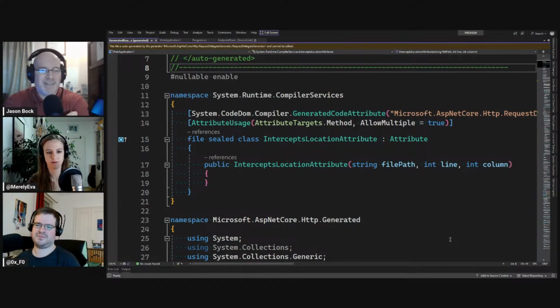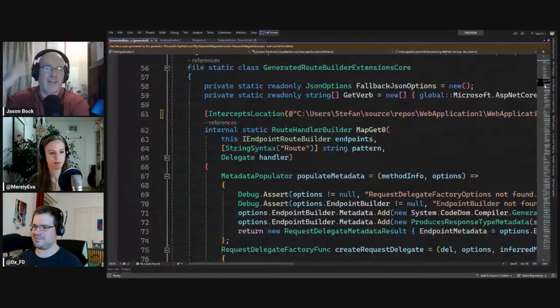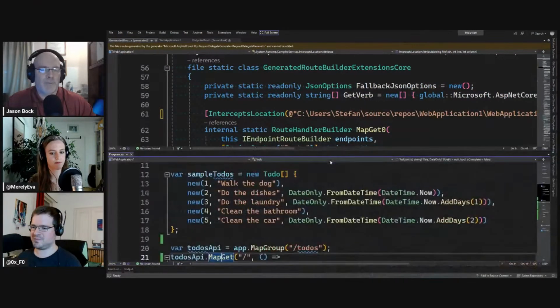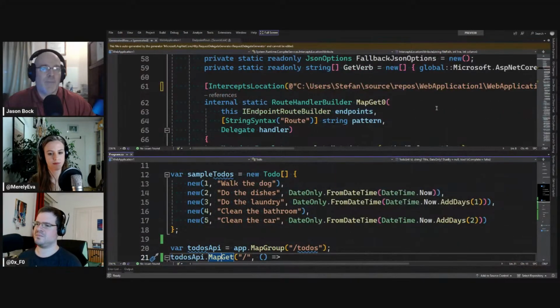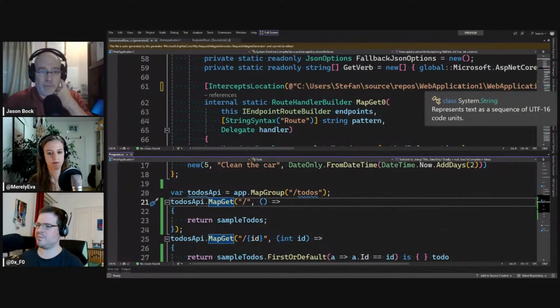This isn't that. I mean, it sort of is, but the thing that took me a little bit of time to get my head around when I heard about interceptors is that in my head I had that grandiose kind of vision of what interception is. And the way this works is you're intercepting a call site. And for right now, it only works with methods. So that's the experimental feature that's in place right now. If this grows, they may include other members, but for right now, it's just methods.